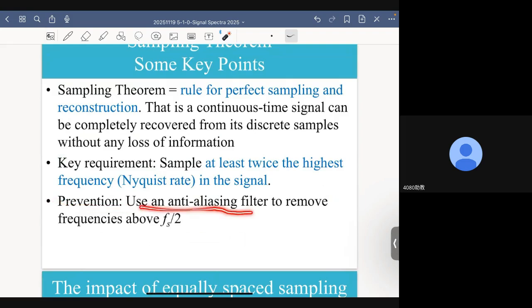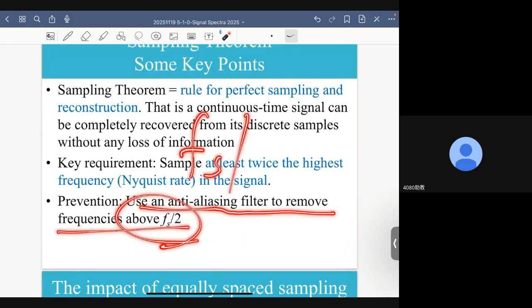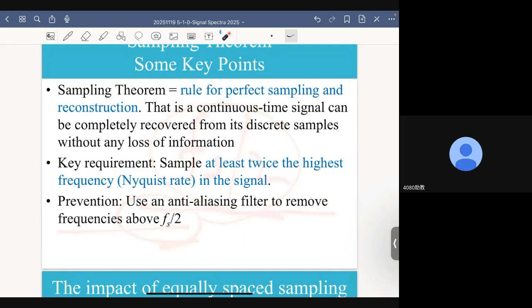Now, here, prevention: use an anti-aliasing filter to remove frequency above fs/2. What is that supposed to mean? It means that